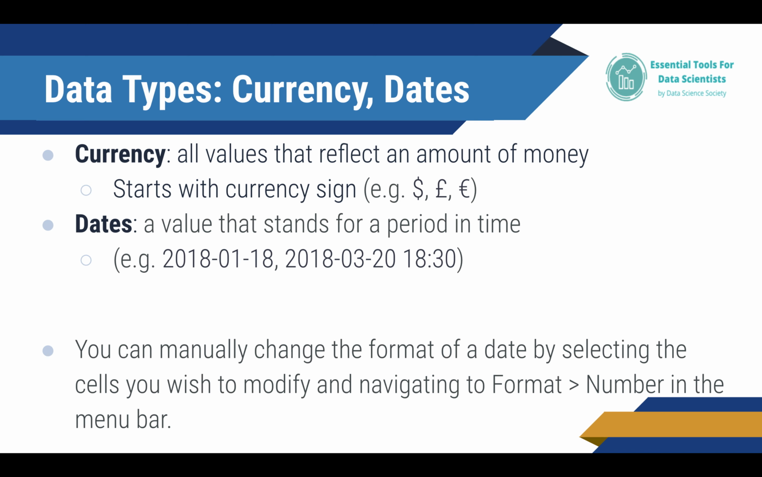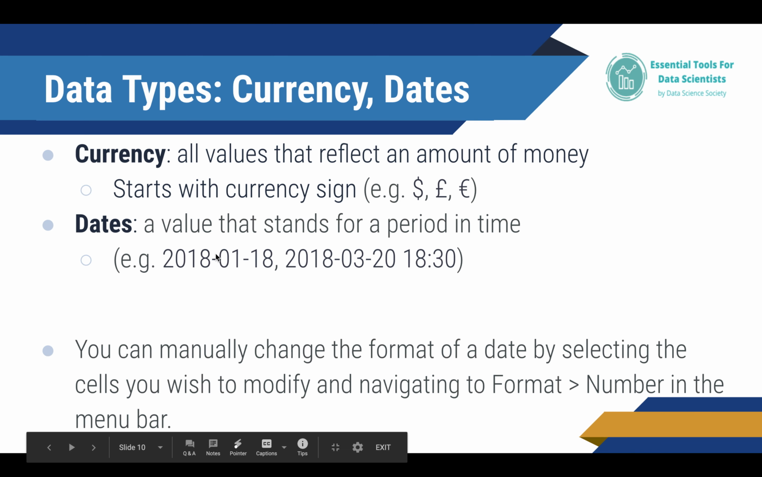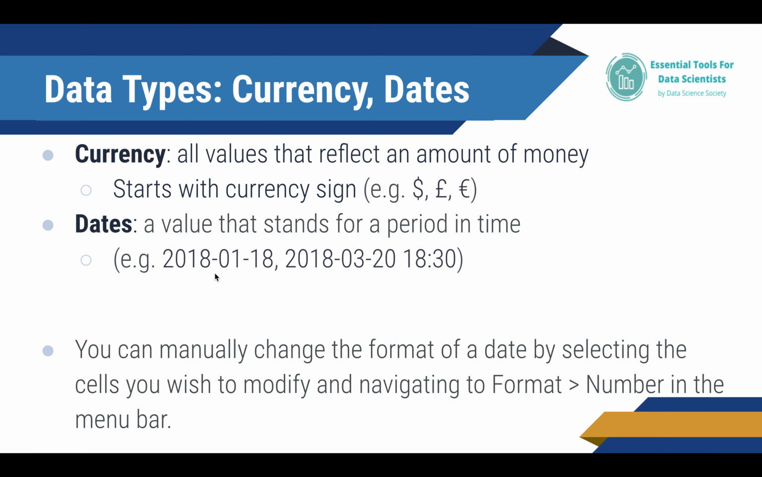You can change the format of dates by selecting the cells you want to modify and going to Format and Number in your menu bar of Excel or Google Sheets. This can change little stuff, like this dash could be a slash now. That's sort of an aesthetic kind of thing. You can do more. I invite you to play around. I also invite you to just open up a sheet so you can play around as we go through these